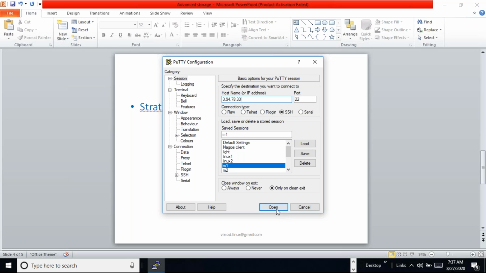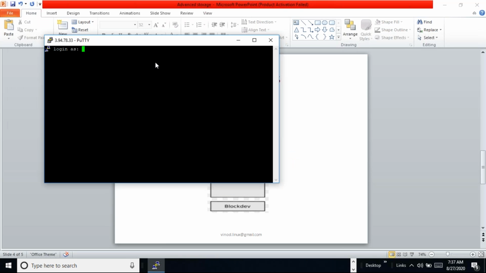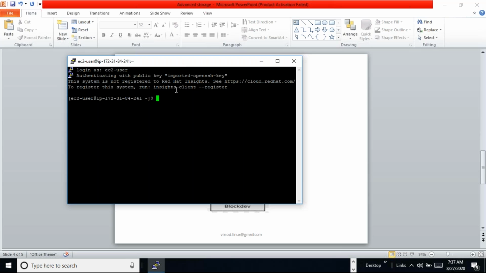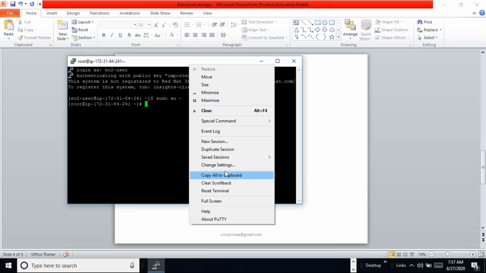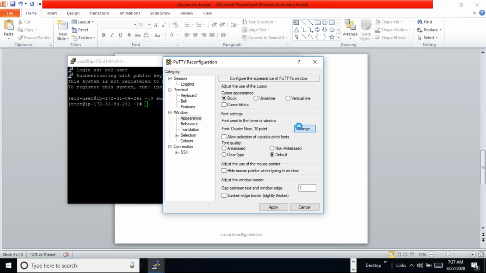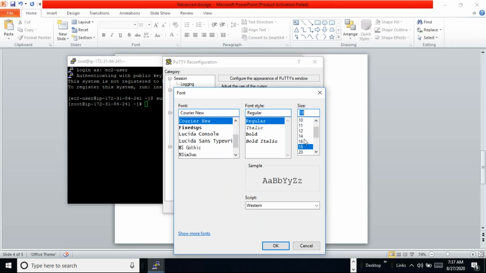In this OS, I have 2 or 3 disks already connected. I'm just changing the font size.